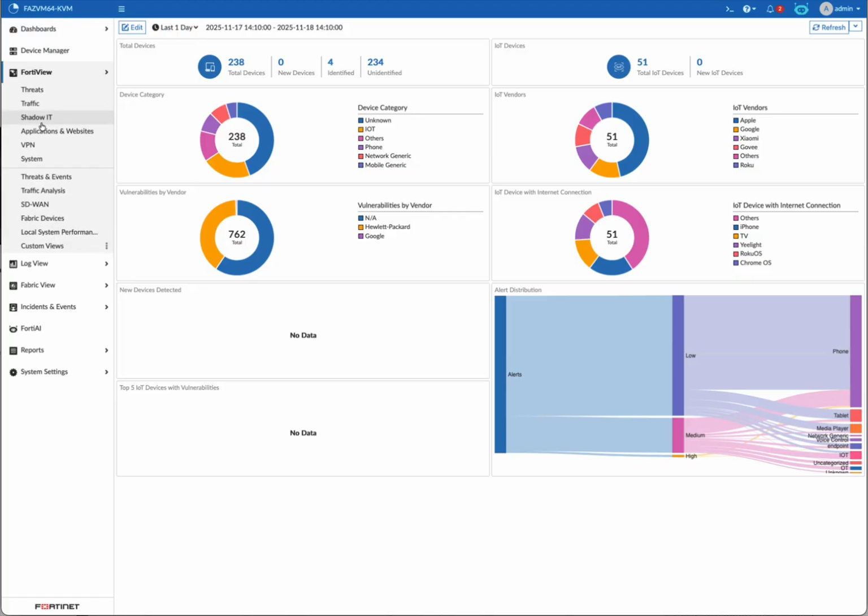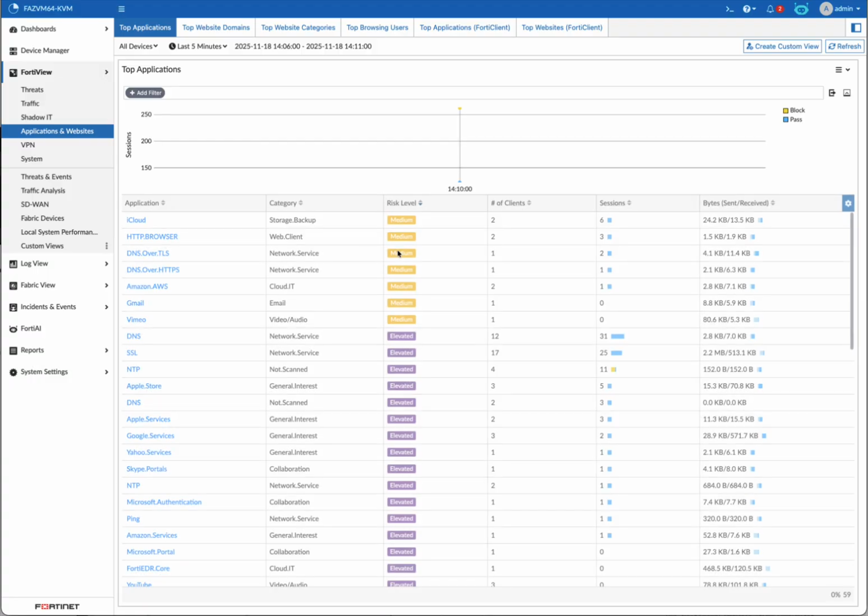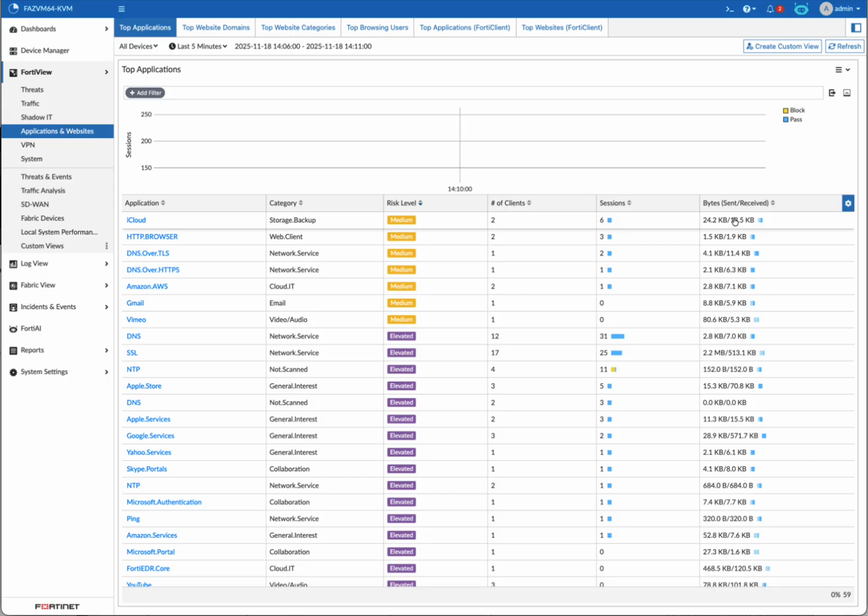Next, I want to take you over to FortiView. This is where customers can visually explore activity in the network, right? So if we look here, we can see applications and websites. We're going to start seeing the top applications. It's going to start filling in here. We can see how much bandwidth each application is taking. We can see the sessions and the number of clients that are using